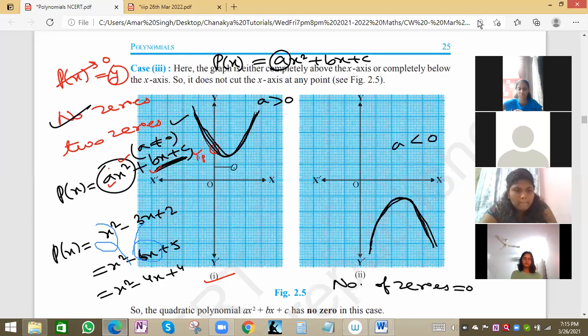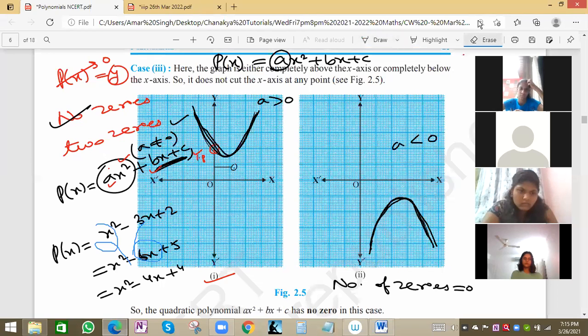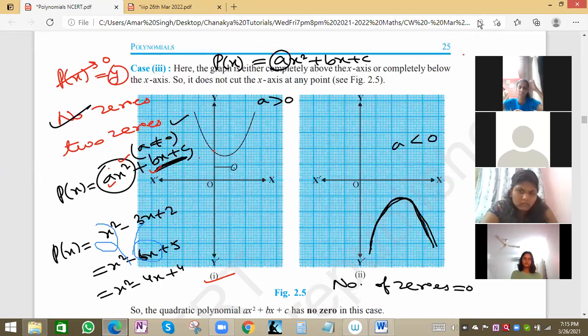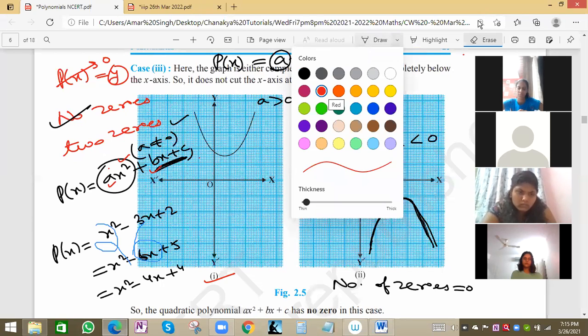We have to find the constants a, b, c. If we find the constants a, b, c, we get the equation of the graph. So we can plot 3 points on the graph paper, from the graph itself. So if 3 points, what points can we take? Any 3 points based on our convenience.